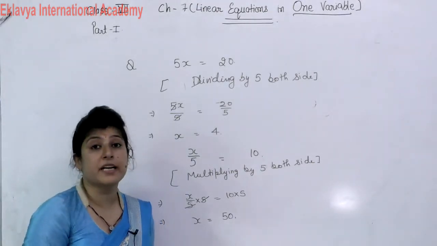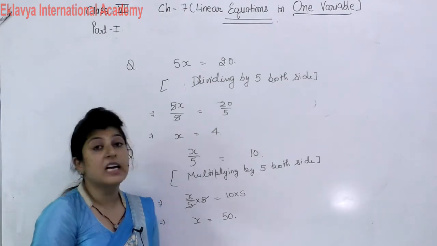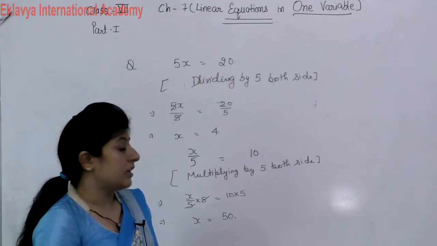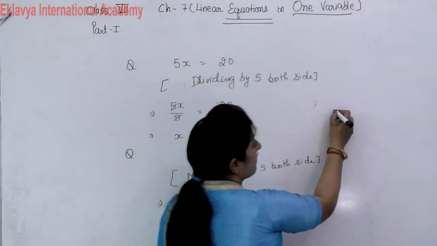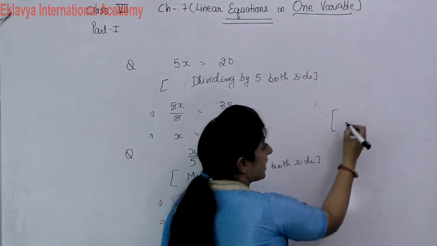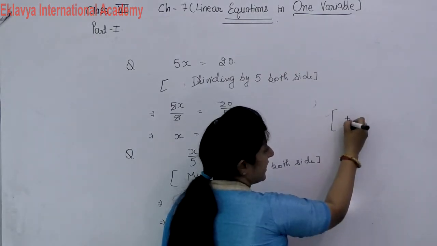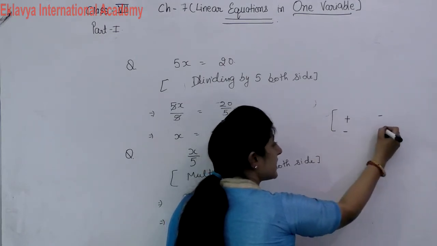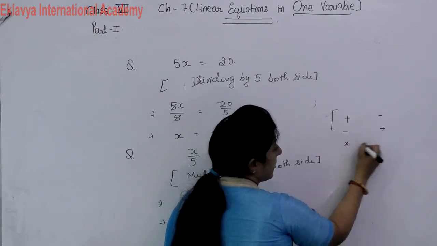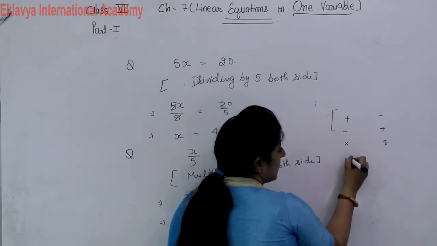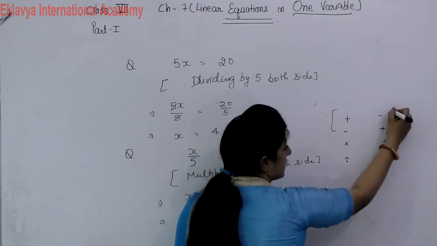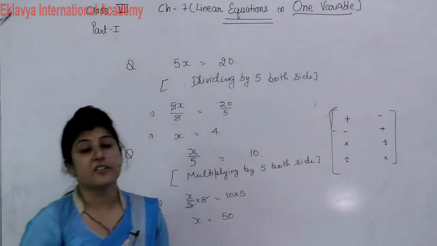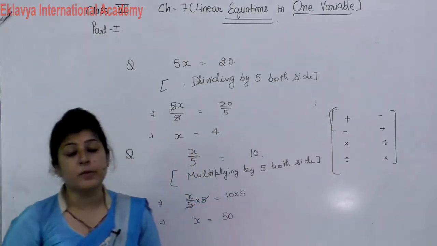This is the mental method, or simple method, of how to solve an equation. In the same questions, whenever we have something in addition, we will do subtraction. Subtraction, then we will do addition. Multiplication, then we will do division. Division, then we will do multiplication. These types of operations we perform for solving an equation. This is called the simple process.